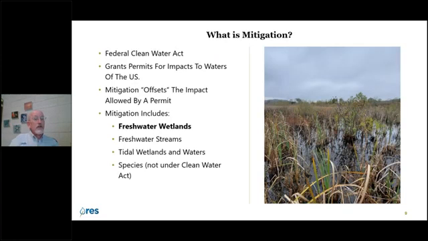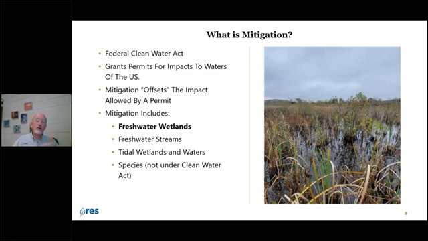For those, I think 35% or so, who are not involved in the mitigation world: under the Clean Water Act, way back in the 70s, if you wanted to develop a highway, an airport, or a private development site, you had to get a permit from the federal and state agencies. That permit allowed you to impact waters of the United States. To offset the impact of that development project, you needed to provide some sort of mitigation offset, and that could look